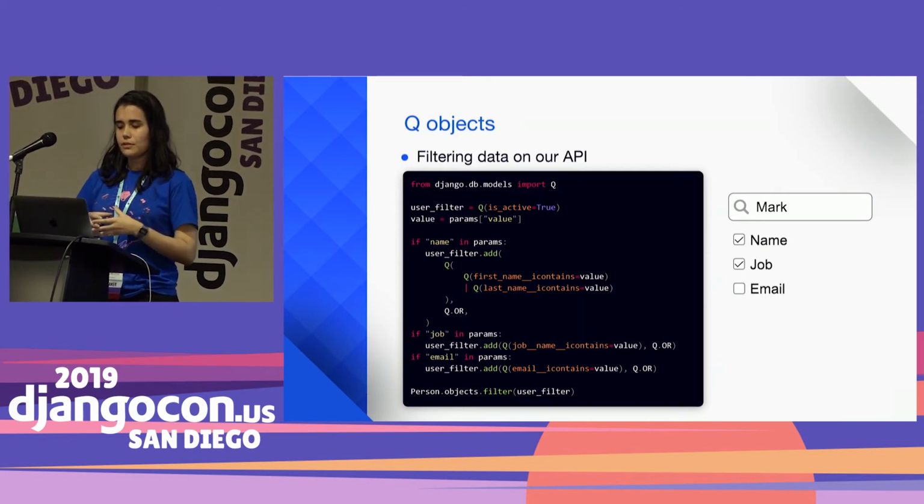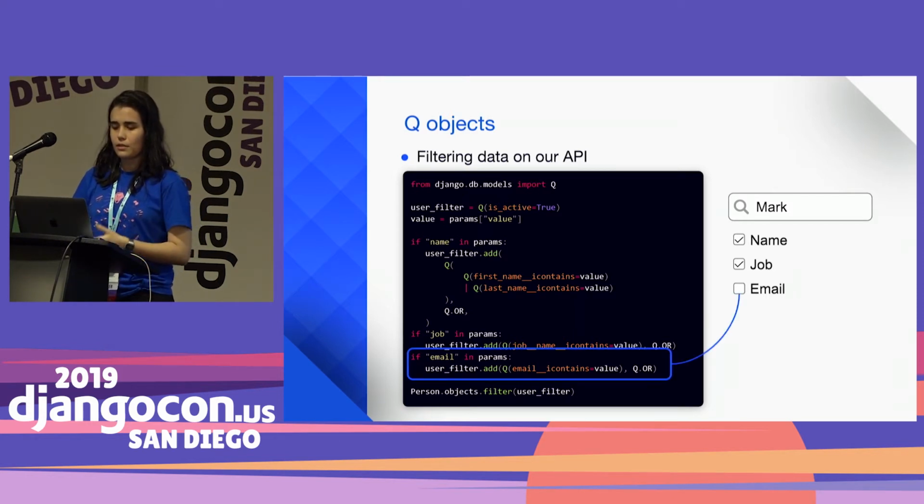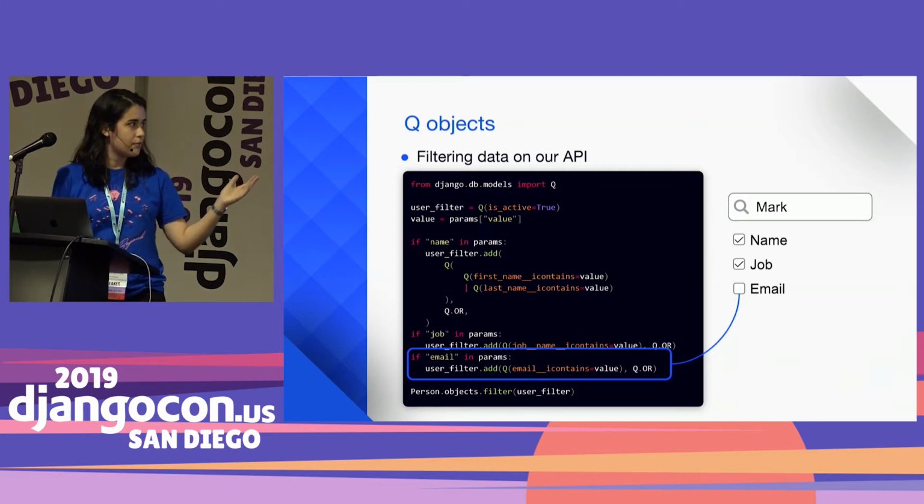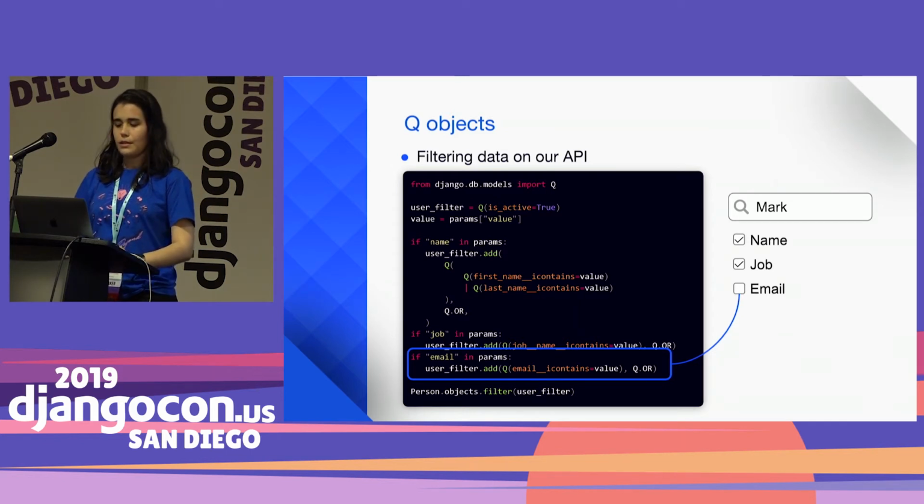It will check which fields the user has selected, for example, in our filter UI, and add conditionals accordingly. For example, a male field was not included in the search, so it won't be added to our final filter. At the end, you're just going to pass the mounted Q object to the ORM filter, and it's going to work. It's going to find, for example, people with Mark as a name, first or last, people who work as a chief marketing officer, trademark attorney, and so on.